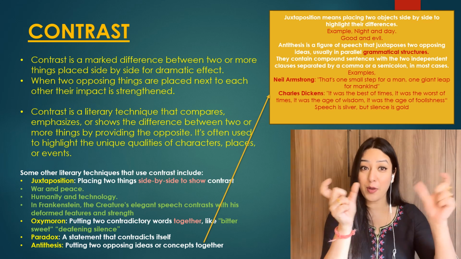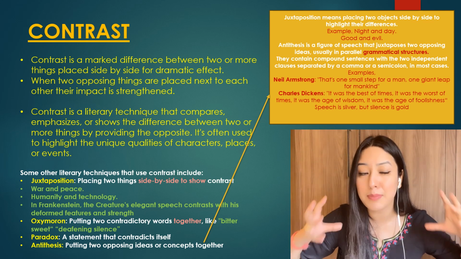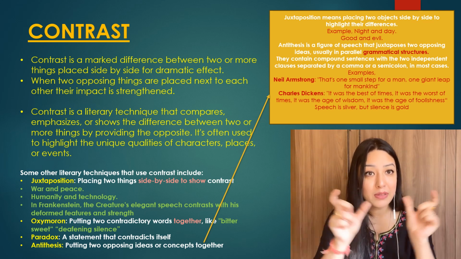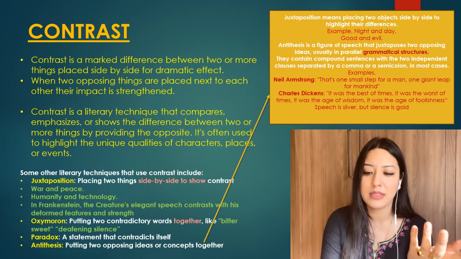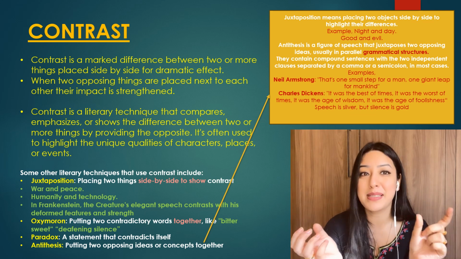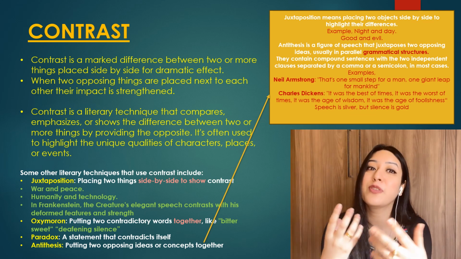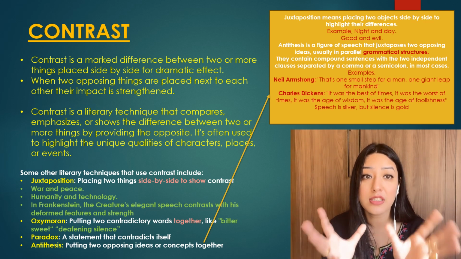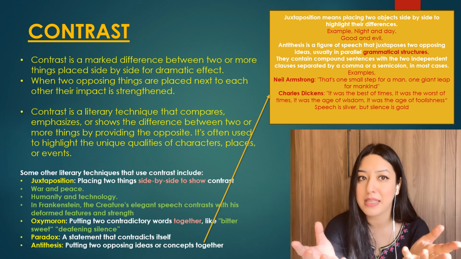So silver and gold, juxtaposition, different, but you put them together in a big sentence and that becomes antithesis. Big grammatical sentence separated by a comma. You compound sentences, you bring two different sentences together with a comma or a semicolon. And here in Charles Dickens, it was the best of times, it was the worst of times. Best and worst are opposite to each other. Then you have, it was the age of wisdom, it was the age of foolishness. Age of wisdom, age of foolishness, different. The juxtaposition is there, but it's a grammatical structure. It's not just simply night and day, war and peace and the like.